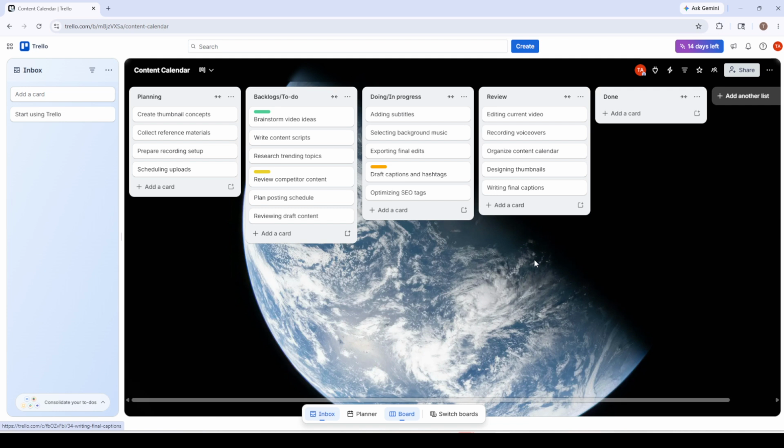Next, shape your workflow with lists, which act like Kanban columns and represent each stage of your process. On the far right of your board, click Add another list. Set up a simple 3-stage flow to begin. Backlog, or to do for ideas and upcoming work, doing or in progress for items you're actively tackling, and done